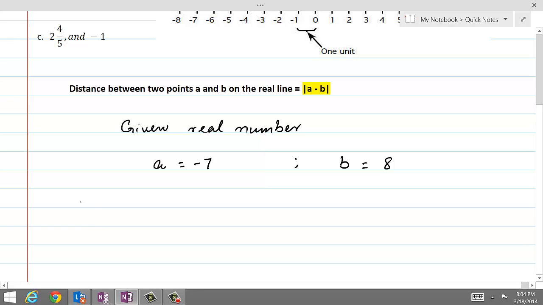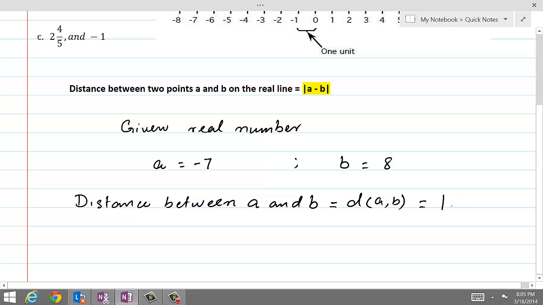So the distance between a and b. In mathematics, we can denote this distance by d between a and b, and then we can write